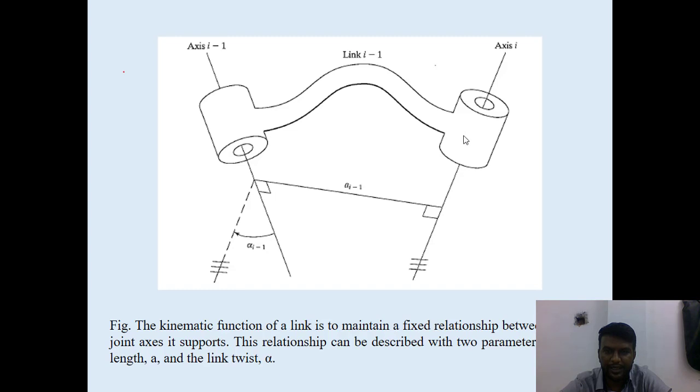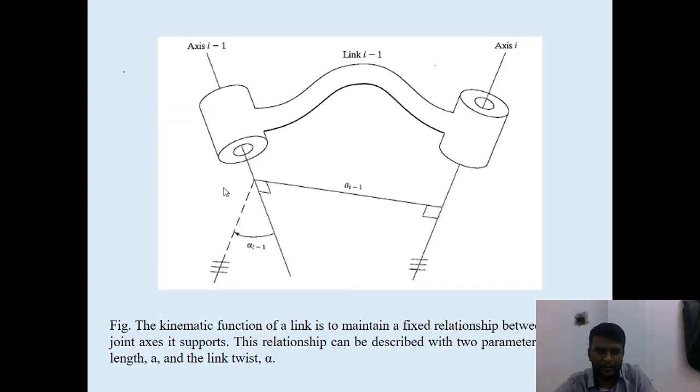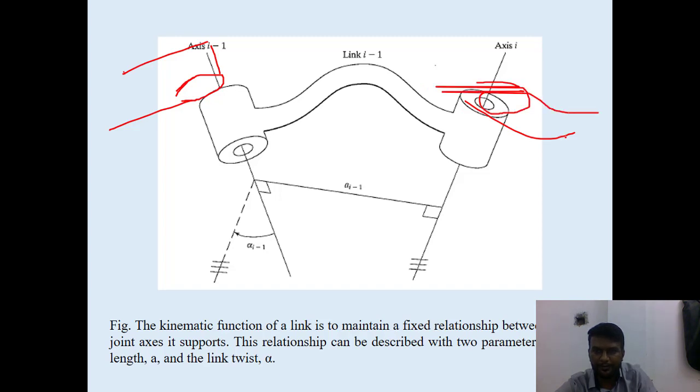Here this is the link, and the link has two joints, two points. At these two points it can be connected, because it has to be connected to the other links, the next link. So this link will be connected to the previous link, which will be on this side, and another link will be here. So this link will be connected to the other two links, and that also will have two points. The link is a rigid body, and to give motion we need two connecting points.